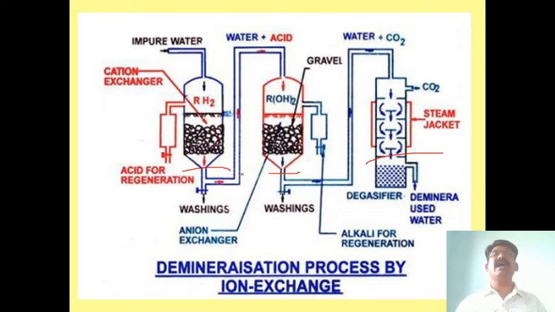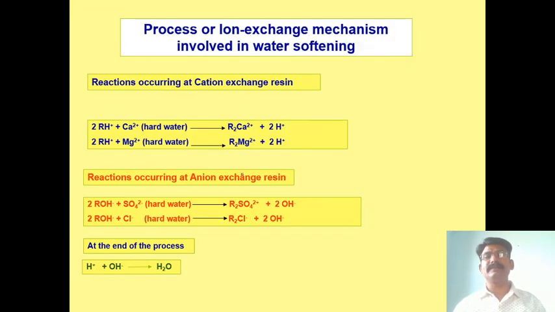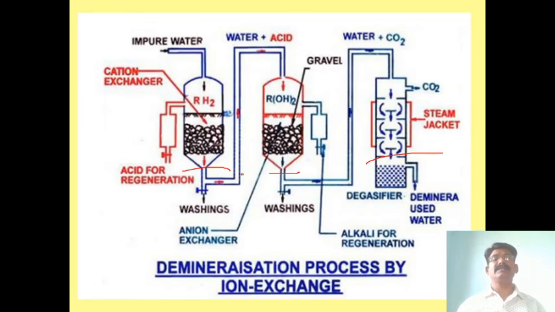So explain the ion exchange resin. You have to draw it well, label it well, and write the process. The process means what happens in the process. When the impure water, meaning hard water, passes through the cation exchange resin,